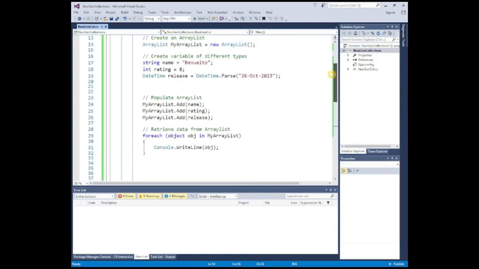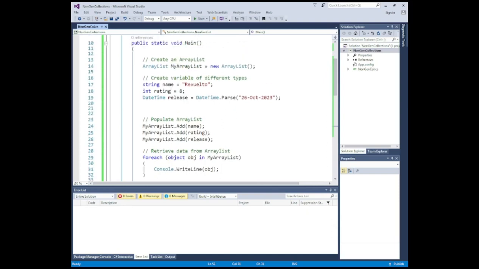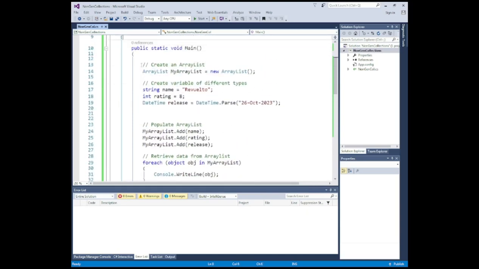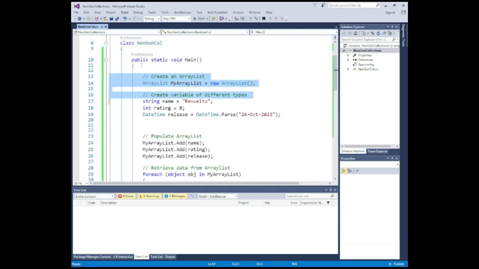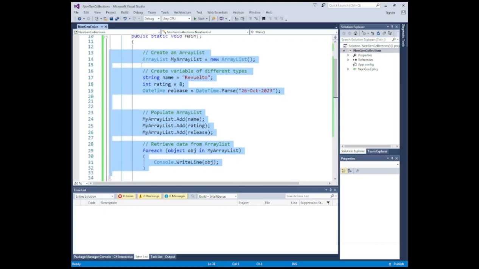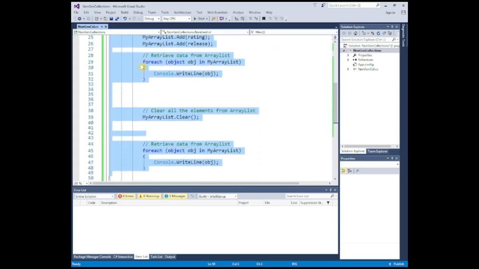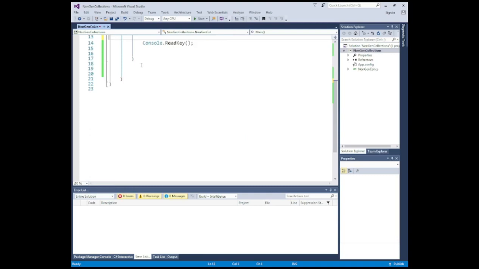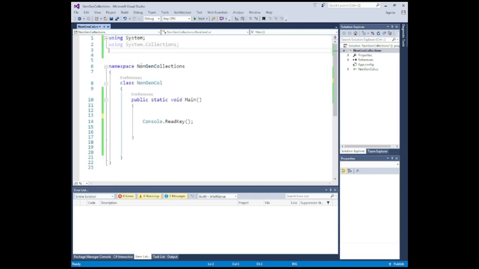And for this, I'm just going to get rid of all of this, to be honest. I'll leave the main method where it is. Get rid of all of this. And Console.WriteLine and Console.ReadKey will stay where they are. So a hash table is similar to an array list, but it represents items as a combination of key value pairs. In order to create a hash table,